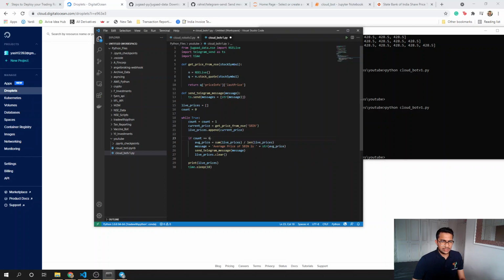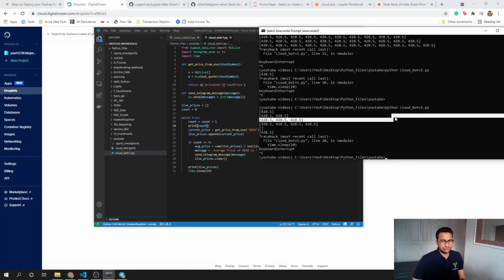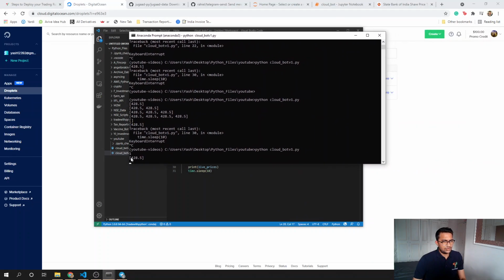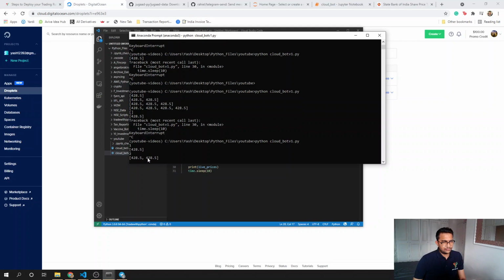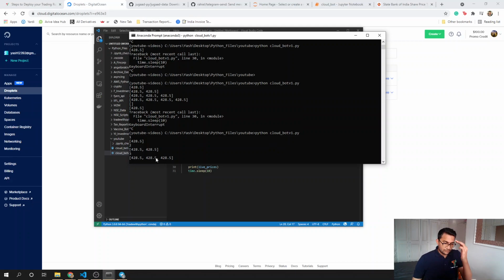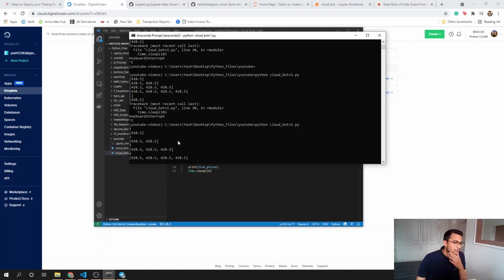So it starts. Actually, let's also print the count so you get an idea. Print count. Count number one. So it started with one. You've got four entries, and for the fifth one,